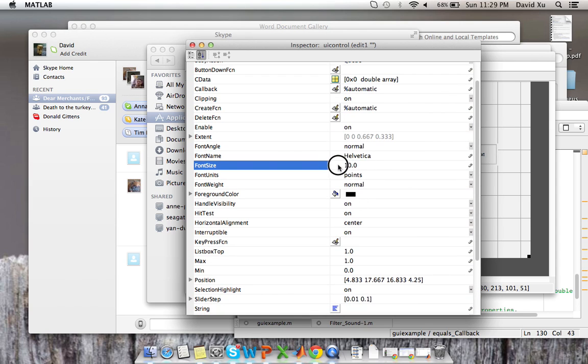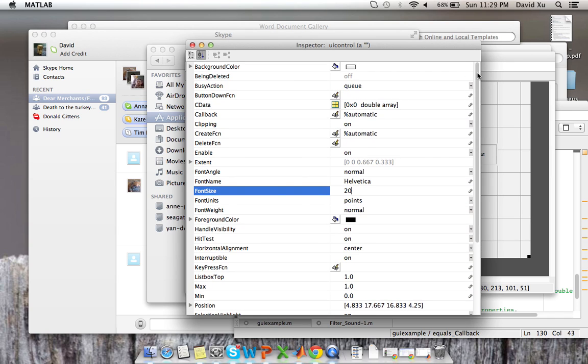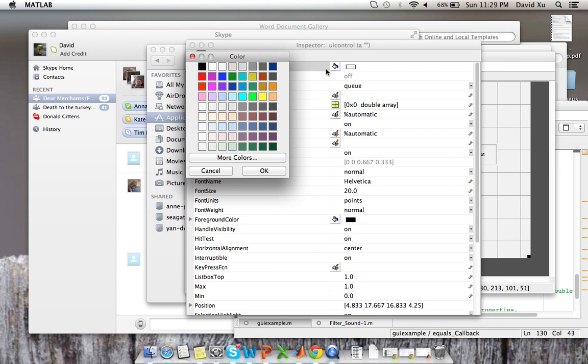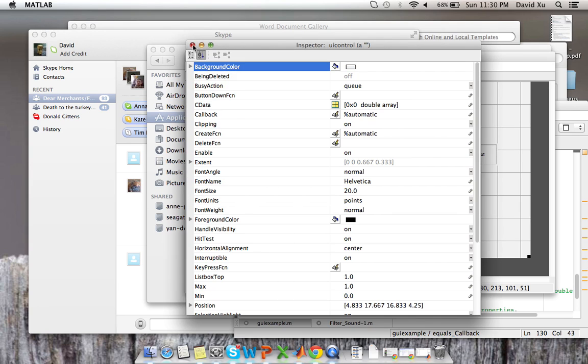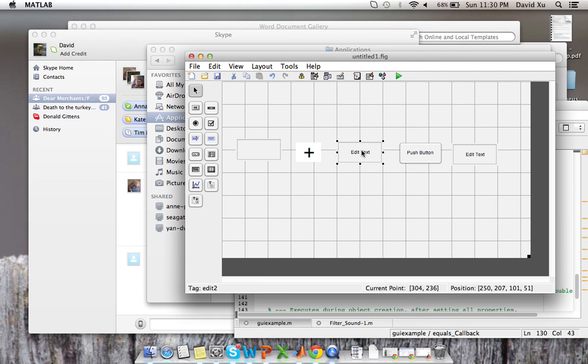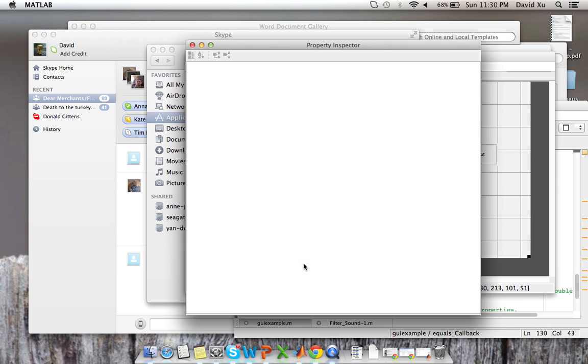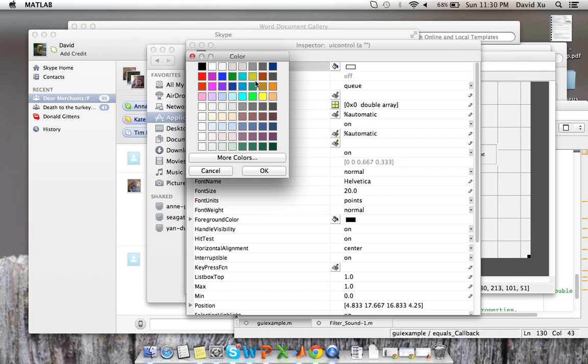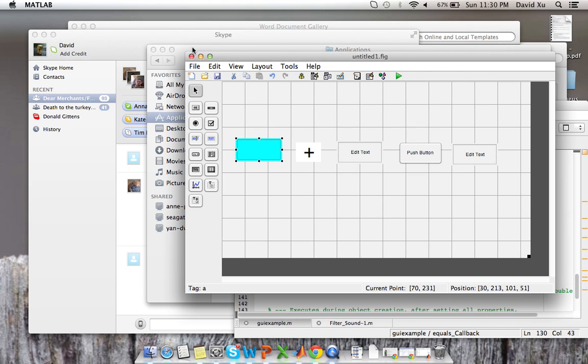And again, we'll make the font a little bit bigger. Let's make it 20. Make the background light blue. Okay. Oops, did I not change it? Make it light blue. Okay. We'll do the same thing for